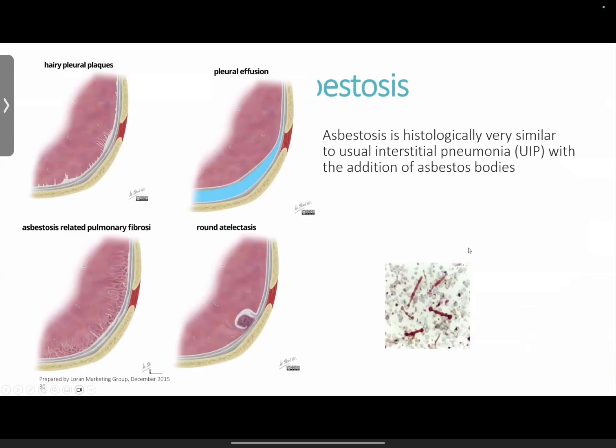Okay. This is from another paper. So as I had mentioned to you, these are hairy pleural plaques with some of these spiculated areas. There are pleural effusions, the exudative type. There's asbestos-related fibrosis along the edge with calcifications, and there's round atelectasis. And as you can see here, these are very linear-type foreign bodies within the lungs that implant and then start the inflammatory reaction. And another differential that you can maybe consider is UIP in this type of disease.